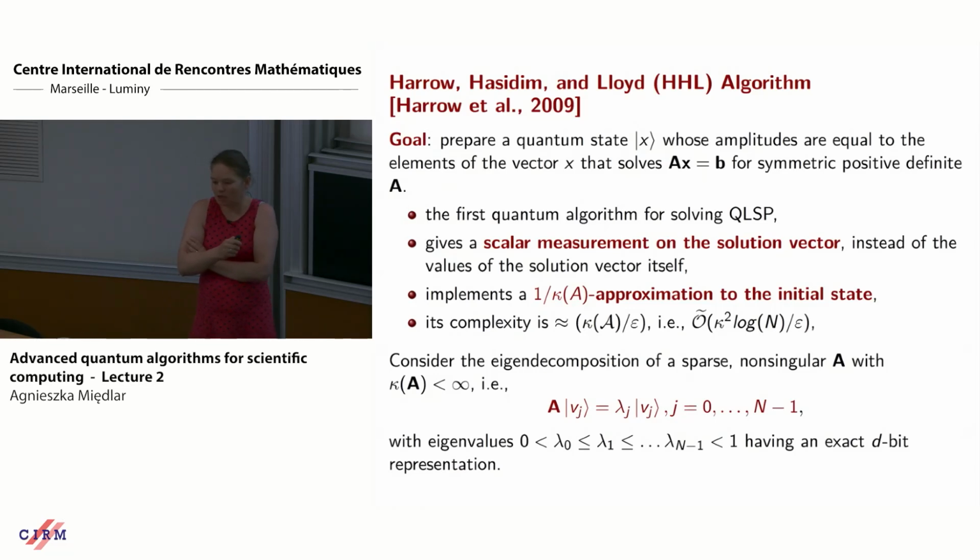So the HHL algorithm is the first quantum algorithm for solving the quantum linear system problem. It gives, as I told you, scalar measurements on the solution vector, not exactly the solution vector in the classical way. It implements a 1 over kappa(A) approximation to the initial state. So kappa(A), it's not a surprise that we see the condition number of A here. We see it in the classical